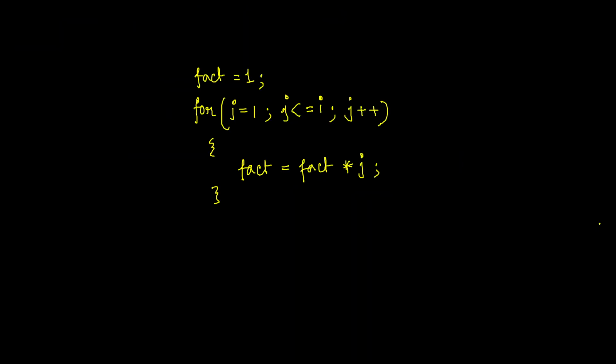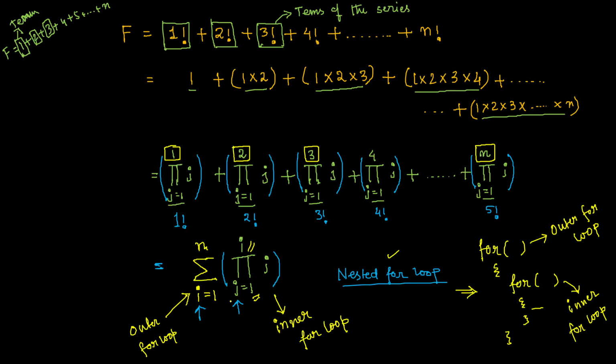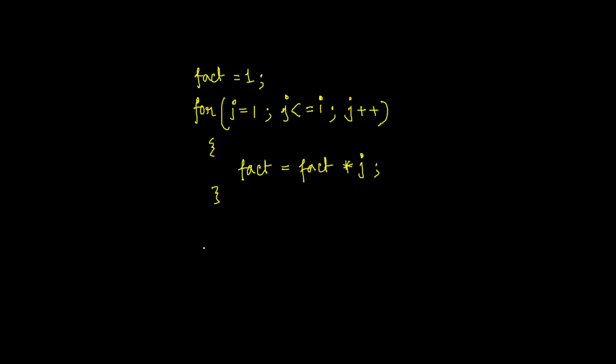That means here, for a particular value of I, we will get a factorial from 1 to I. But what is I? I is representing the variable of the outer for loop, the summation, and it's shown that I is continuing from 1 to n. So it has now become very easy. You can easily write the outer for loop right now.